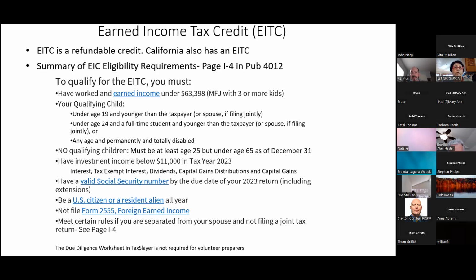And then also, when you prepare a federal and a state return, sometimes your clients are going to get the California EITC. Again, different rules for California and the federal government. And so if someone says, why didn't I get the California EITC? The answer is, oh, that's easy. You didn't qualify for it. You had gross income or W-2 income of maybe $50,000, and that's well above the California limit. But you could get it for the federal EITC if you meet all the other rules. And so let's run through these rules right here.